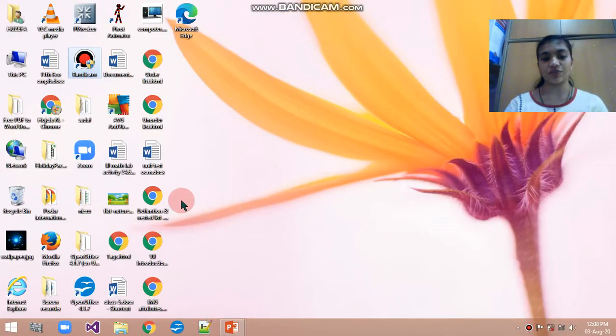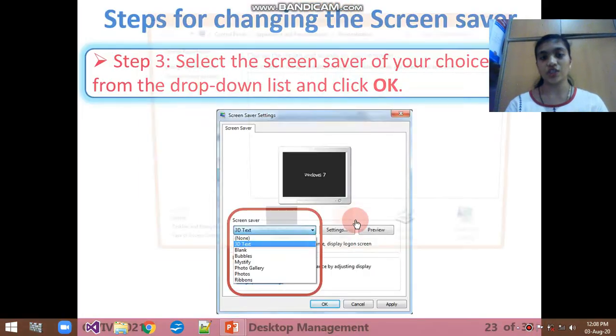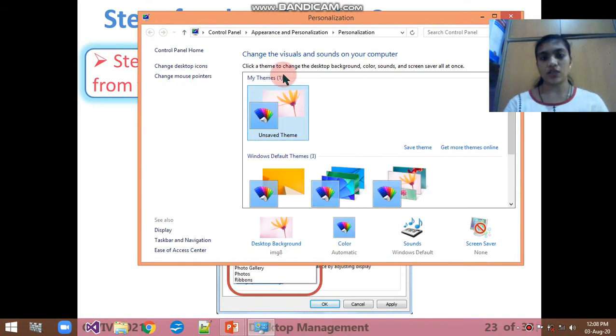This is my screen, and this is the blank area of my Windows desktop. So right click and you can see the personalization here. I am not putting any screensaver, so it is displayed as none, meaning nothing.